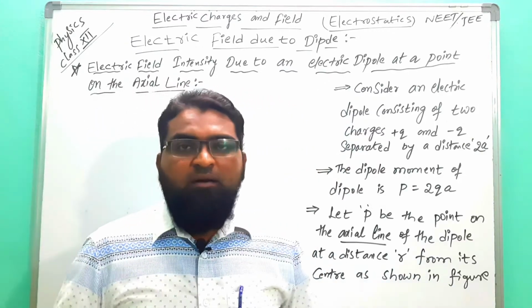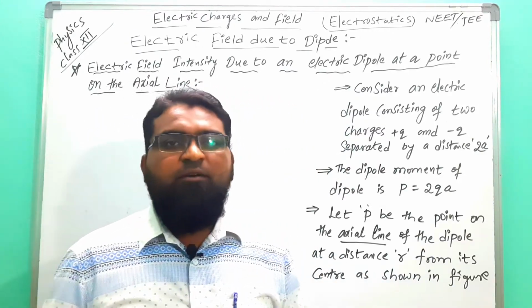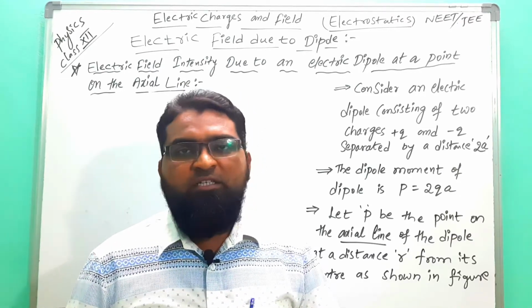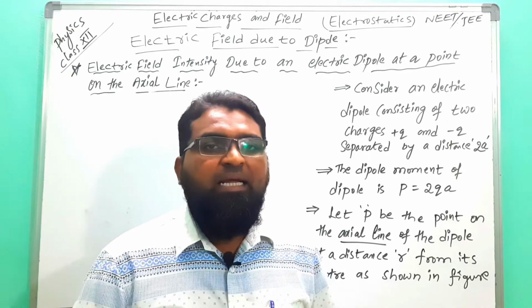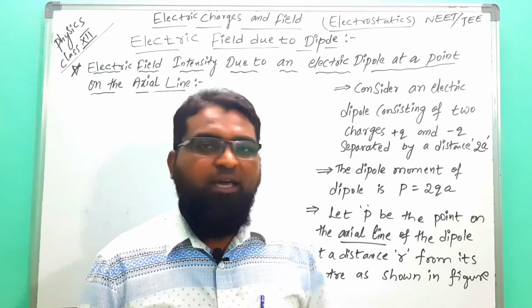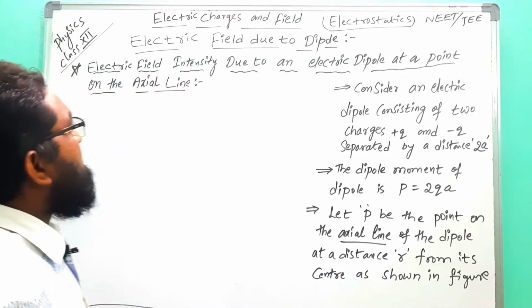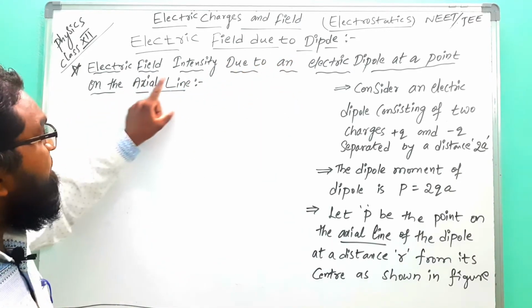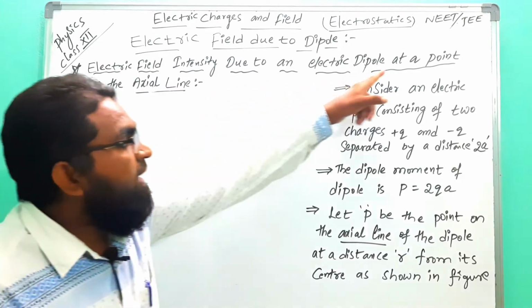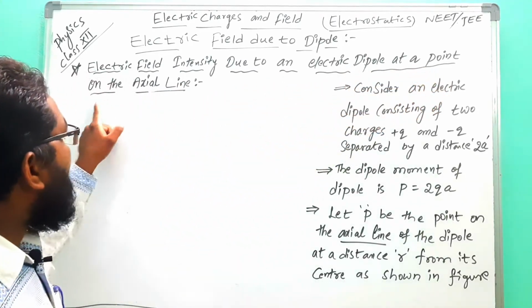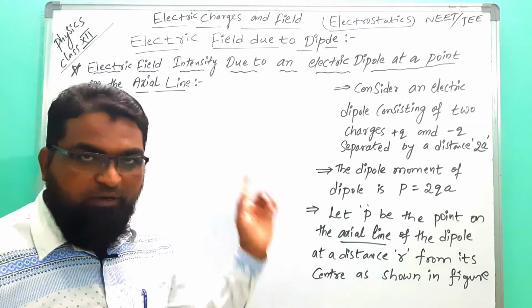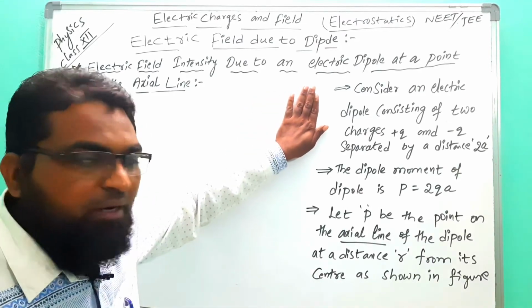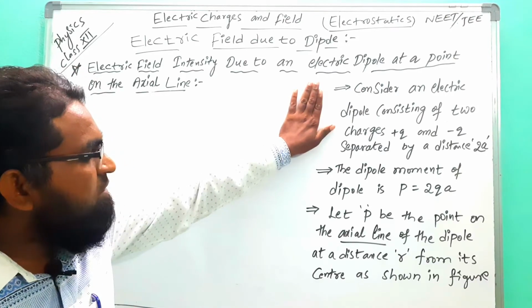the electric dipole moment concept is clear. So P equals QL, otherwise when the distance is increased, P equals 2QL or 2QR, otherwise 2Qa. See here, next concept, electric field due to a dipole, means the electric field intensity due to an electric dipole at a point on the axial line. I will give this explanation briefly. See here, the first concept is very important. Here I wrote everything, all concepts.